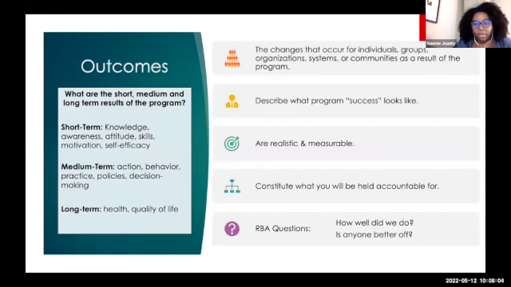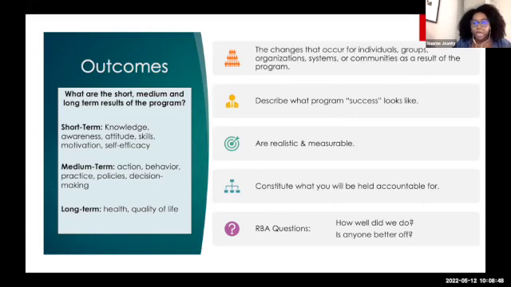Now for outcomes, outcomes are the changes that occur for individuals, groups, organizations, systems, or communities as a result of the program. As you'll see on the left-hand side, I've split them up into short-term, medium-term, and long-term. These are the things that are directly hitting our goal, right? So things like knowledge gain, awareness, attitude, these are things that we can see maybe 3 to 6 months after a program has ended. But to really see if someone's actions and behaviors have changed, that might take a little bit longer. So that'll be medium term. And things like actual change in your quality of life, those take even longer to really observe and to really manifest. So we consider those to be